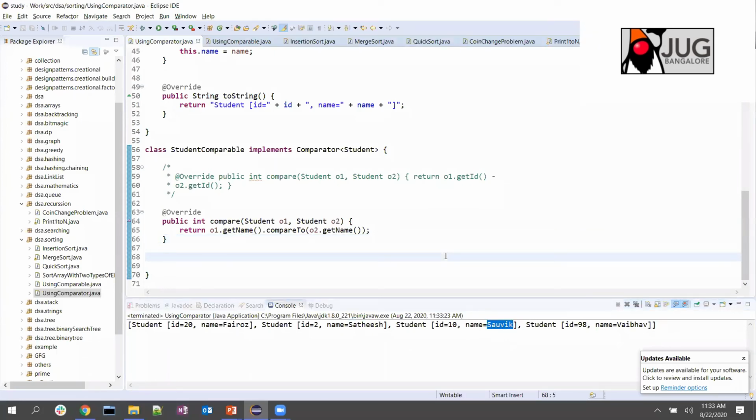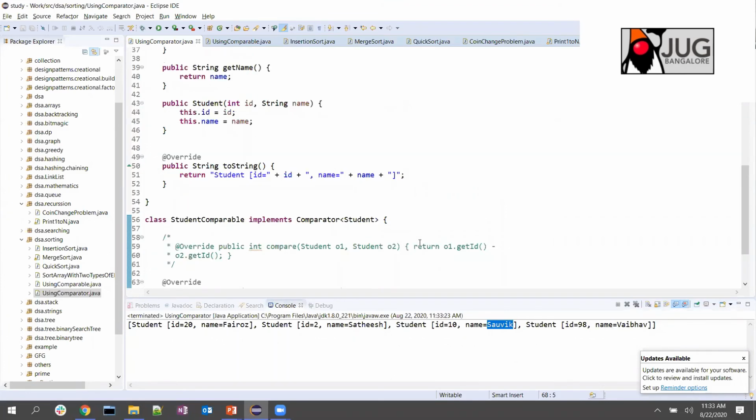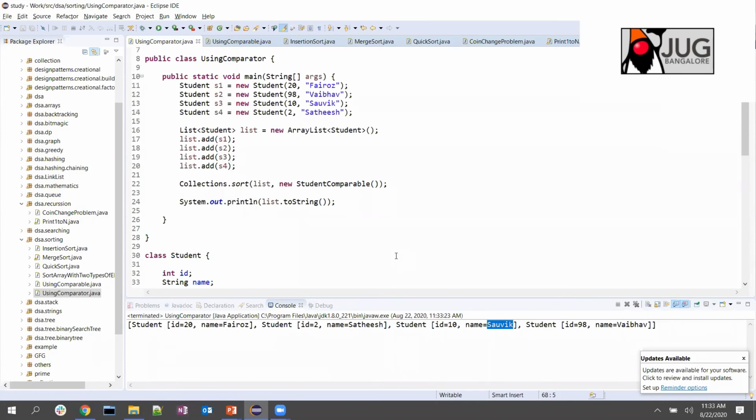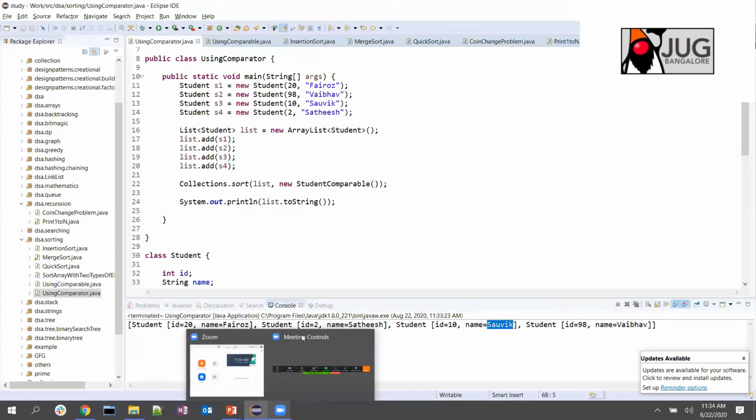I think this is the very simple form of comparator logic, what you can do. But in certain cases where your object is a bit more complicated and you want to make some different comparisons, like you want to compare with IDs and names, combining both or something different, then you can write your own logic and do the comparison. I think that is the question somebody asked some time back.